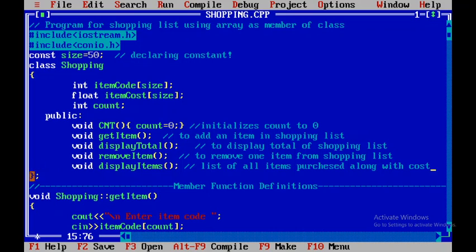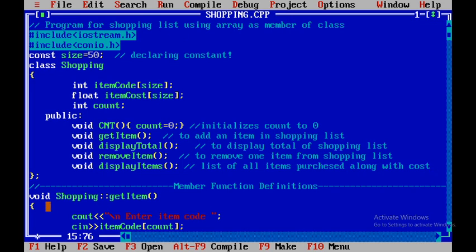So here is the end of my class. Closing curly brace, ending with a semicolon. After this class declaration, we are now going to define all these member functions. Only one member function is defined within the class, as the code was very short, so it is immediately defined as an inline definition. So cnt only is defined within the class, that is the inline function, and all the remaining methods we are going to define after the declaration of the class. Here are the definitions.